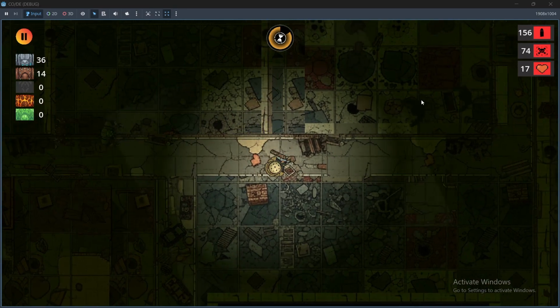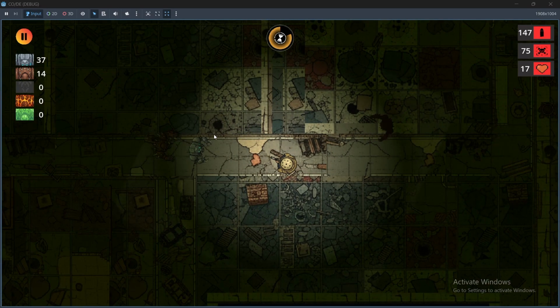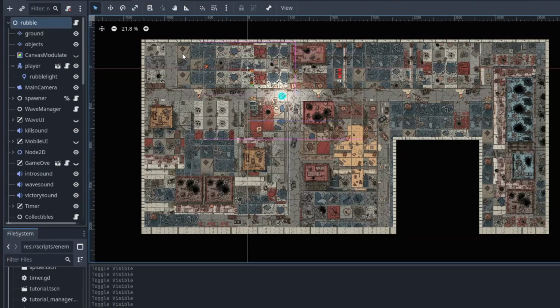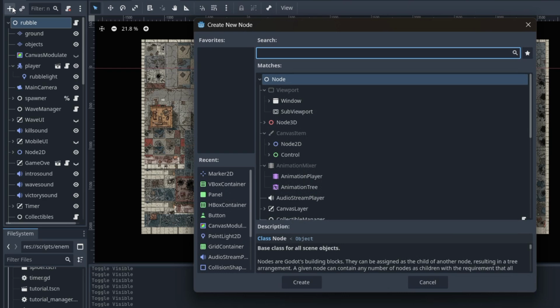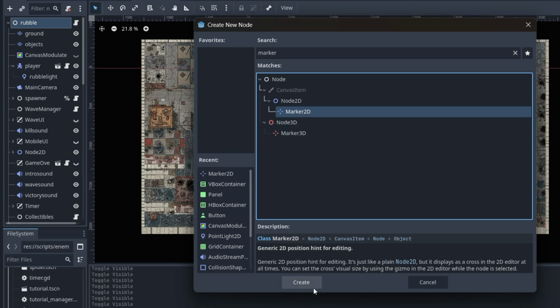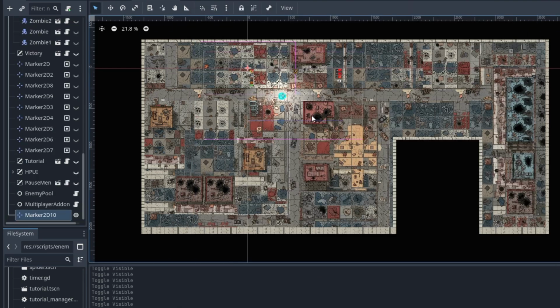Hello, today I'll be showing you how I spawned the enemies in my level scene with Marker2D and instantiate. Add new node, Marker2D node. I use the Marker2D to mark the position in my level scene where I want to instantiate or spawn